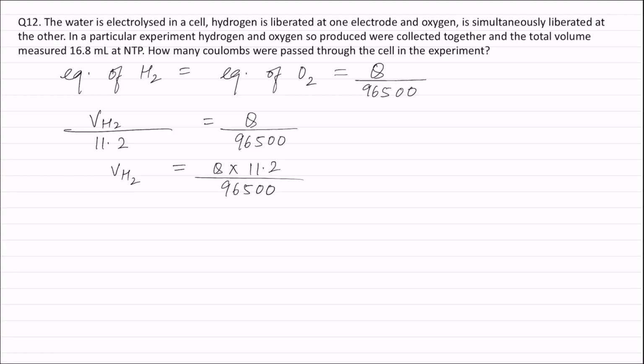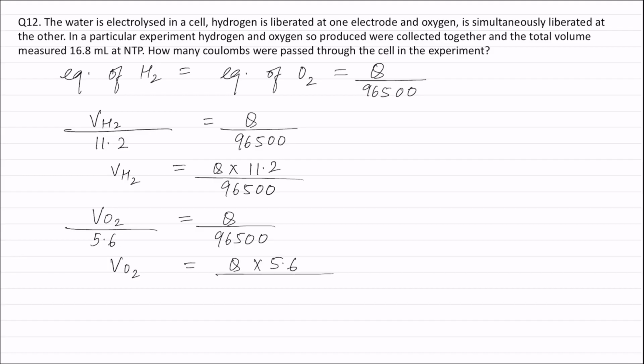Similarly, equivalents of oxygen can be written as volume of oxygen, let it be V O2, divided by equivalent volume of oxygen, that is 5.6 liters, and this is equal to Q divided by 96500 coulombs. From this, volume of oxygen will be equal to Q into 5.6 divided by 96500 liters. Now in the question, the total volume of hydrogen and oxygen is given as 16.8 milliliter or 16.8